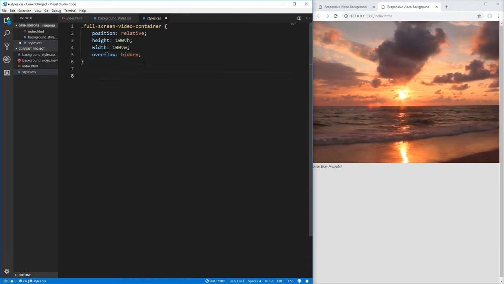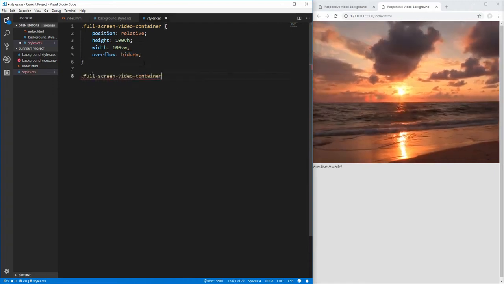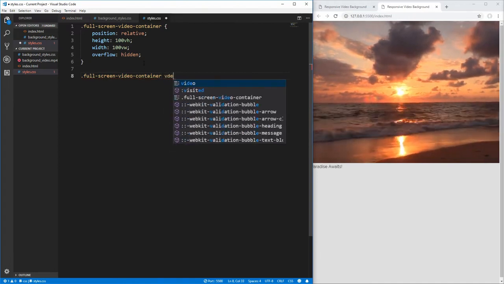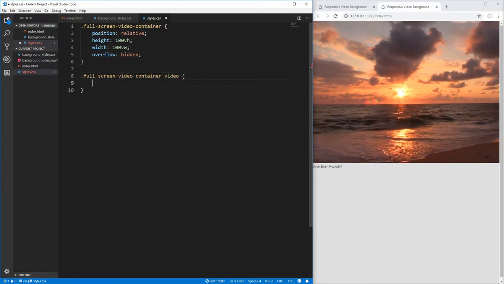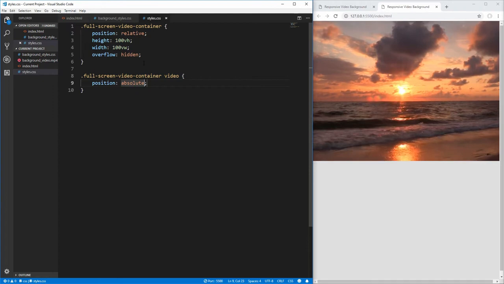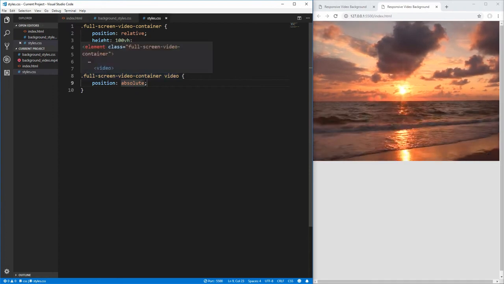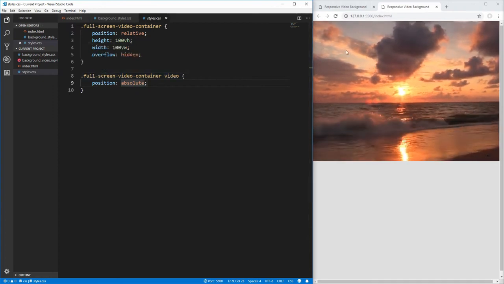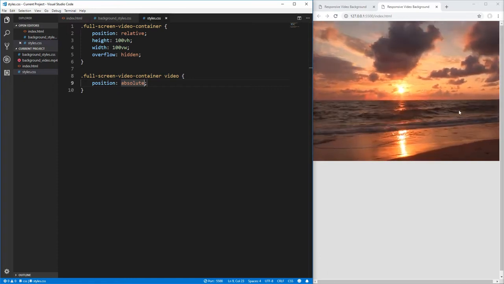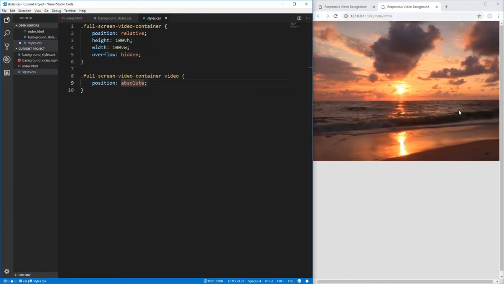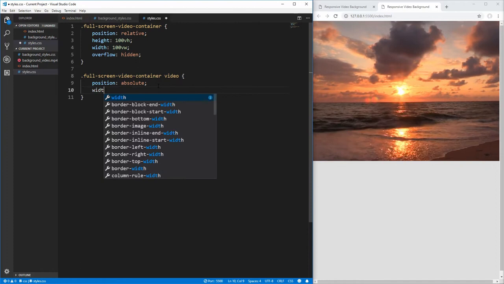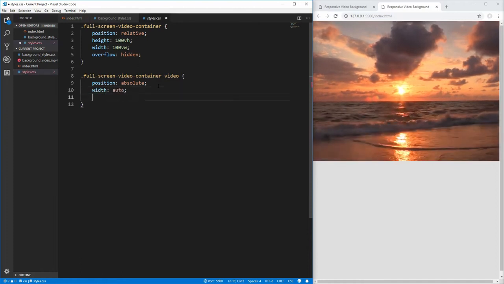Next, we want to select our video element, so that'll just be selected inside of our container. So we select our container, and then we want the video element inside of that container, and we want to position this absolutely inside of our container. And then all we need to do is somehow figure out a way to position this video perfectly inside of our container so that it's dead centered and takes up the entire space inside of our container without ruining the aspect ratio. The easiest way to do this is to set the width and the height to auto, which will